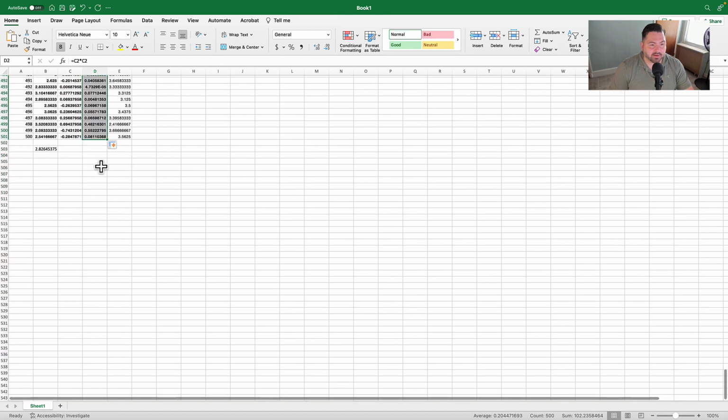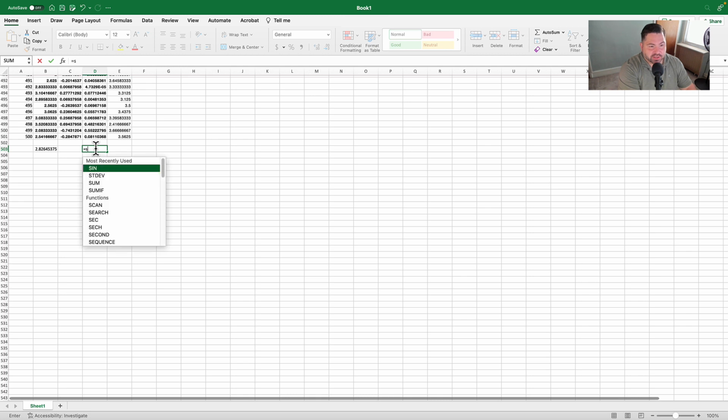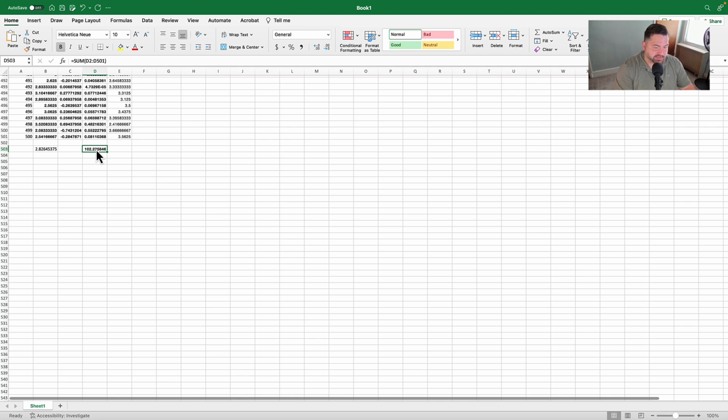And at the bottom here, I can then generate the sum of squares total by setting the cell equal to sum, open parentheses, D2, since that's the column I'm working with, to D501, and close that parentheses, and now this effectively represents my sum of squares total. This represents my mean, and once I have sum of squares total, I can then determine the variance, which if